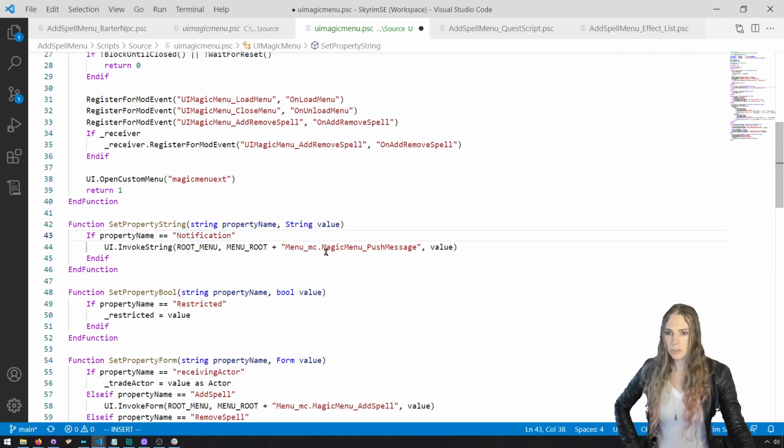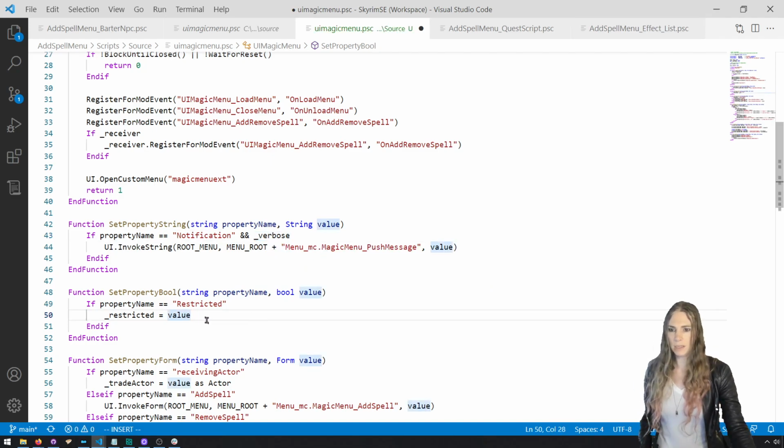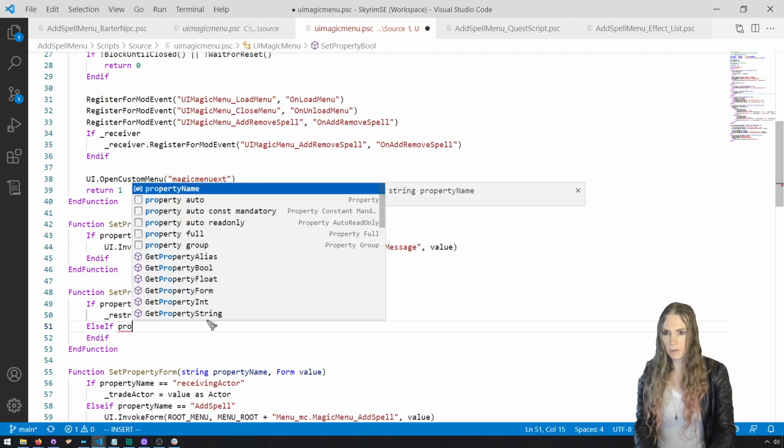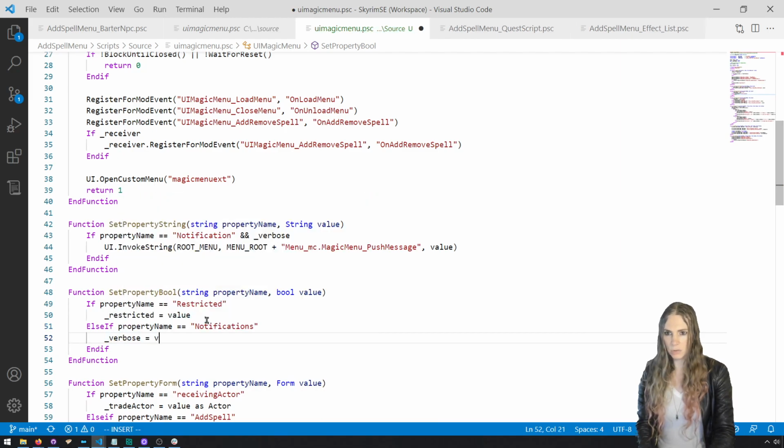If it's a notification and verbose, then we'll do this. But we'll allow you to update this verbose property. We'll say else if property name equals verbose notifications, or like notifications verbose equals value. So this way we can disable notifications and only send notification if